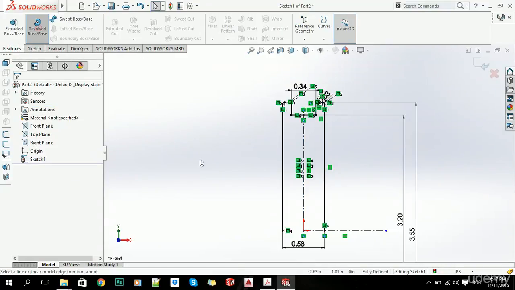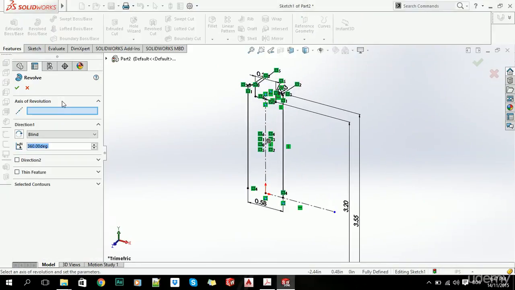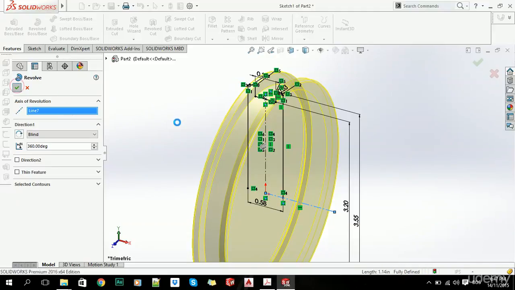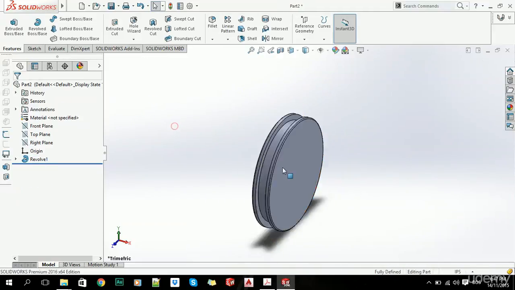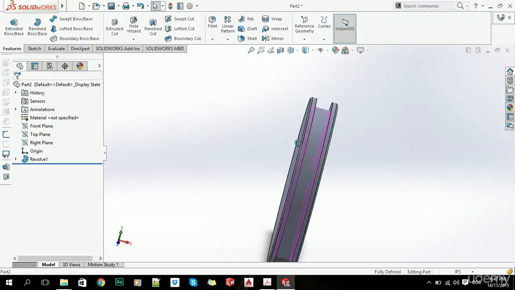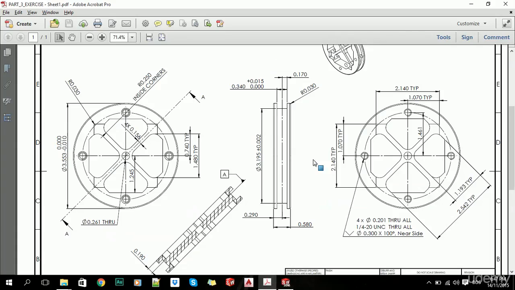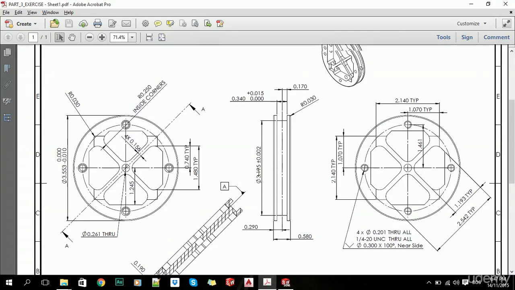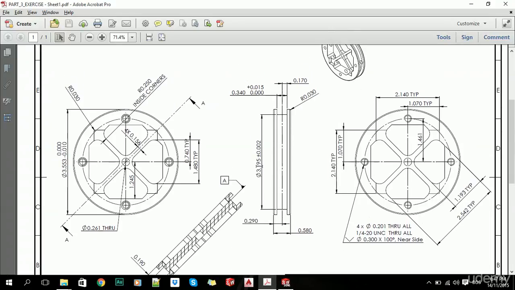Now let's just use revolve. Yes, why not? And let's choose this axis. Click OK. And now we have this kind of like a cookie. Okay. Now the next thing we want to add